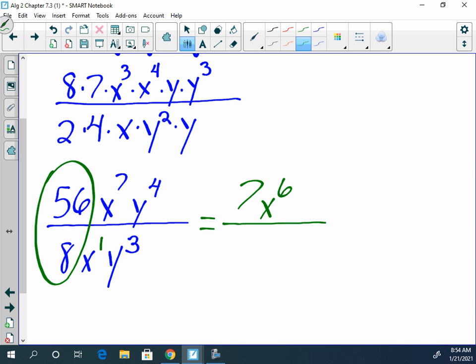Questions on this here? Why to the fourth and why to the third? So we can do 4 minus 3, which leaves us with what? 1y, and would it be on top or bottom? Do I have anything left to simplify? So,